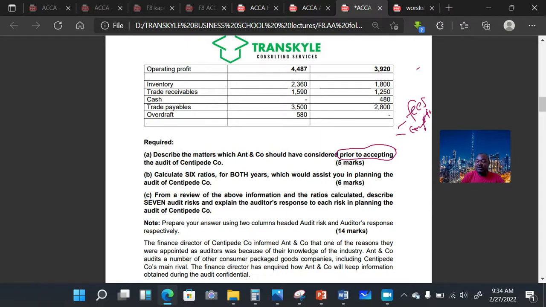Like I said, the first tip should be from you highlighting to the examiner that we have to ensure that we're not going to violate the ACCA's Code of Ethics and Conduct in accepting this particular engagement. For example, we have to ensure that the fees we are going to obtain are not going to be so large that we are going to unduly rely on Centipede alone. Good. What else do we have to tell? You then have to highlight things like the competence,